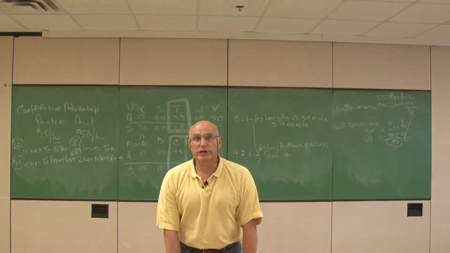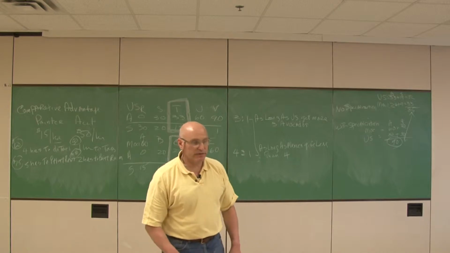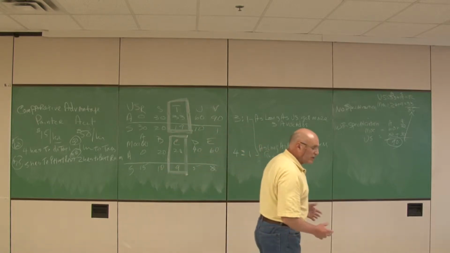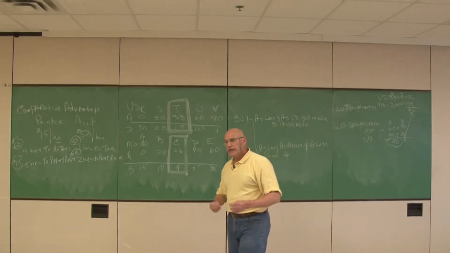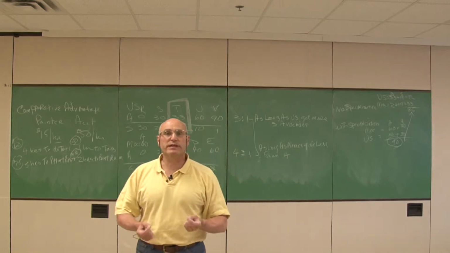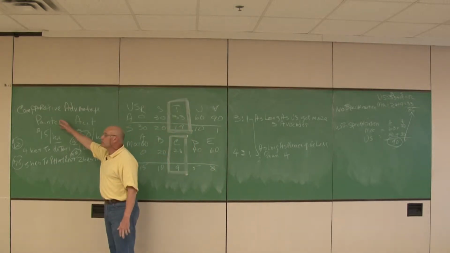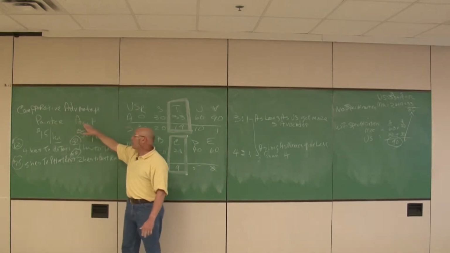This particular unit chapter deals with the idea of trade and comparative advantage. Very simply, comparative advantage means that somebody has the ability to produce something more cheaply than you can produce it. If we take the idea of two different people, we have a painter and we have an